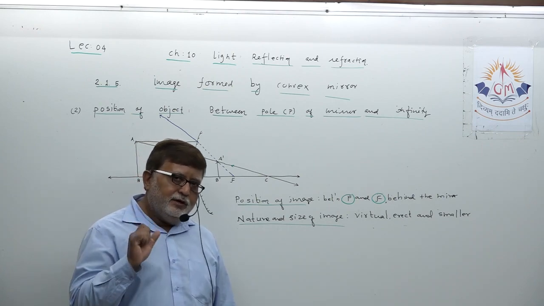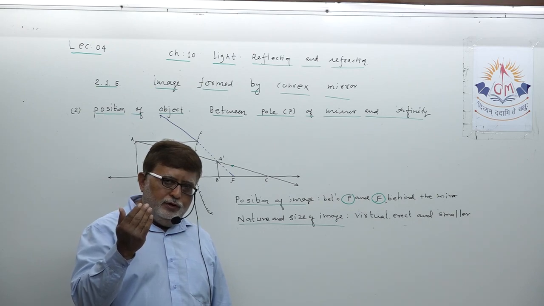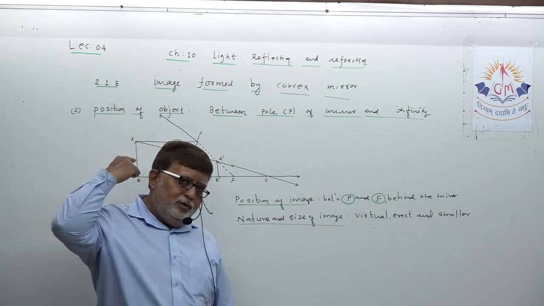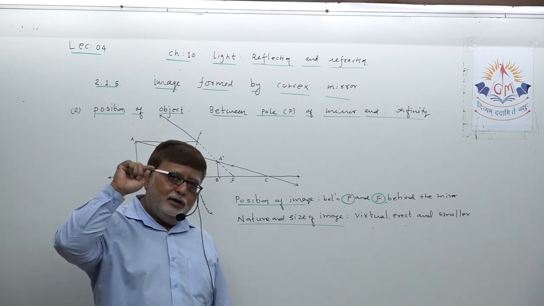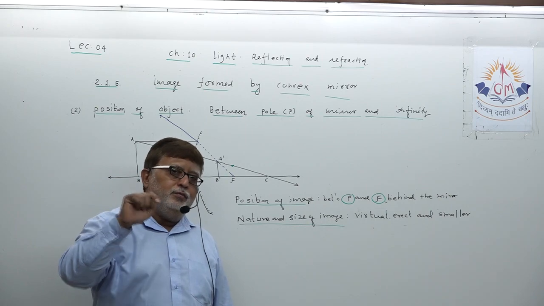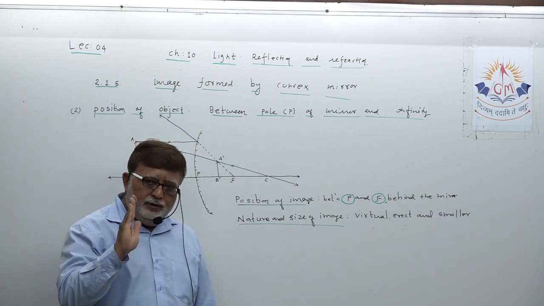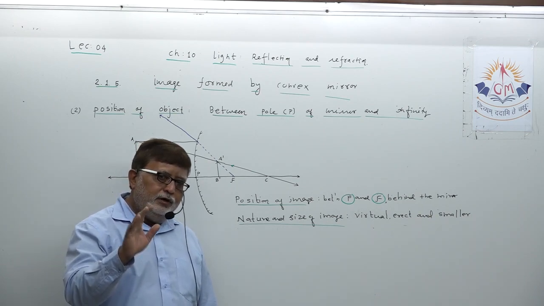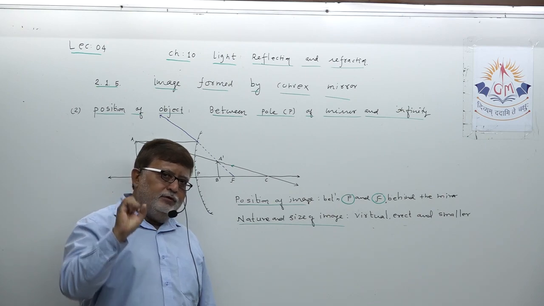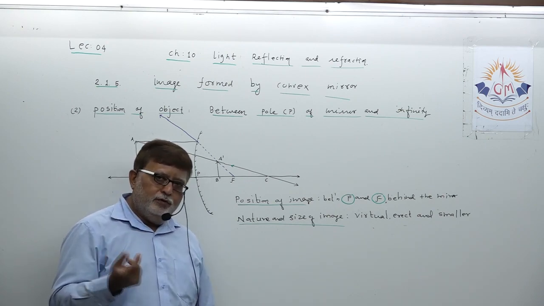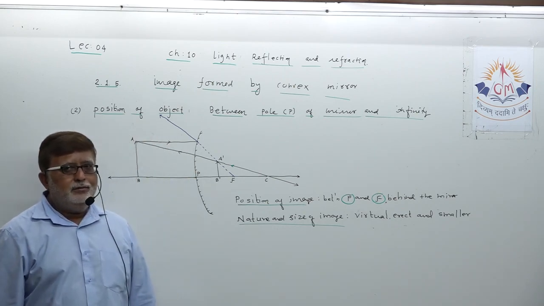It is not that you will get an image immediately. Suppose you are driving a four-wheeler or two-wheeler and some object is quite far behind you. Are you able to see the image? No, but a point-like image is formed in your mirror. But as the object approaches nearer and nearer to your vehicle, you are going to see a slightly larger image, which will ensure safe driving for you. So convex mirror is utilized there.